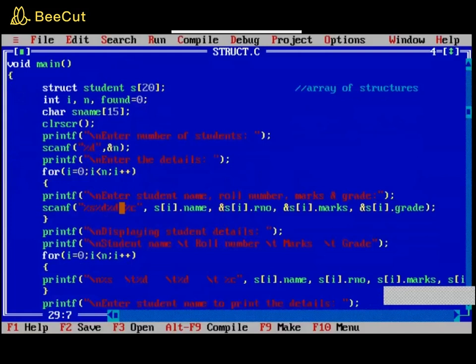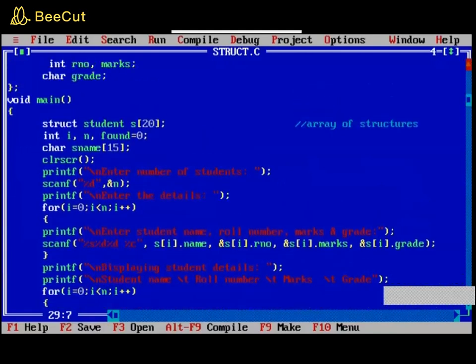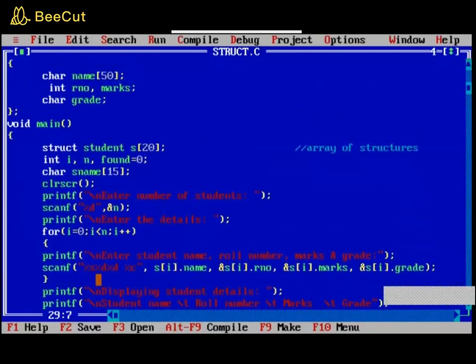For scanning I will be using my structure. Now I'll scroll a little up so that you can see the structure. I have used the format specifier according to the data types which I have used in the structure. So first, name is a character array, so %s. Second is int, so %d. Then the third again is int, so %d. And the last one is char, so %c. %c specifically I have used for the grade because I will be using A, B, C grades, not any string kind of ones. But name here will be a string, so I have used %s.